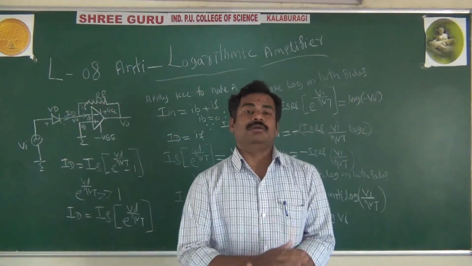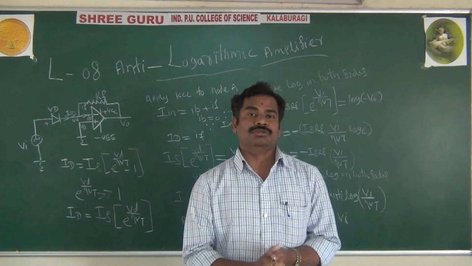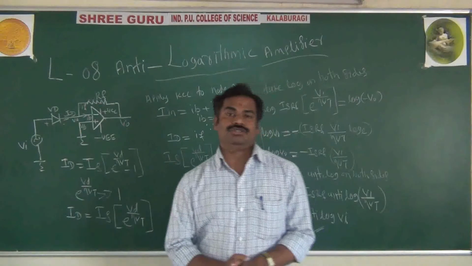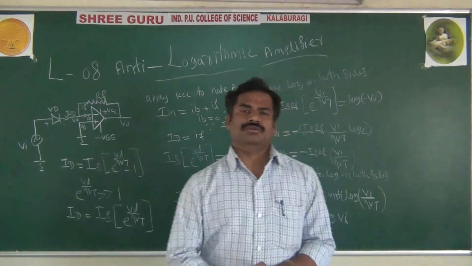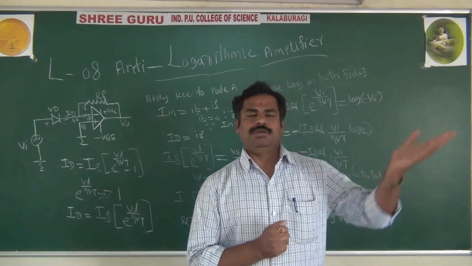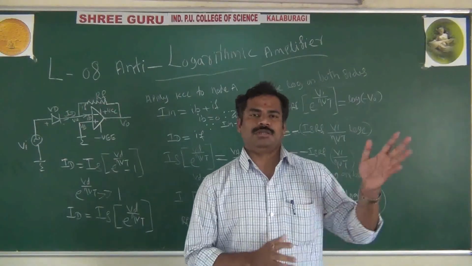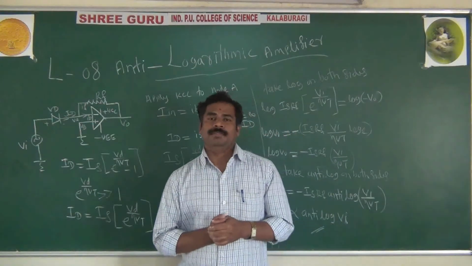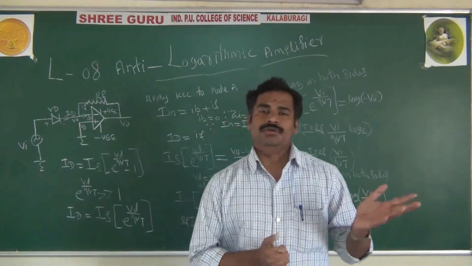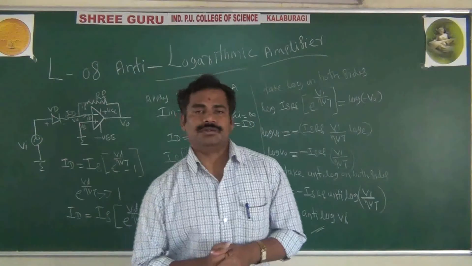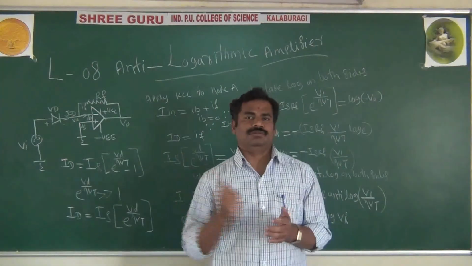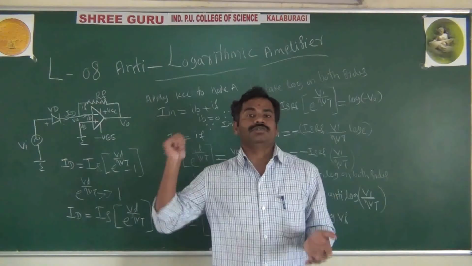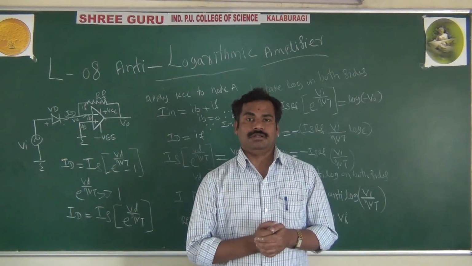As I said, you have completed nearly 8 derivations. From these 8 derivations, they will ask any one question for 5 marks. And the important thing is that they are all very simple. It may be the inverting amplifier, non-inverting amplifier, adder, subtractor. They are very simple. But compared to the inverting, non-inverting, adder and subtractor, the differentiator and integrator are slightly more difficult, and the logarithmic and anti-logarithmic amplifiers are more difficult,